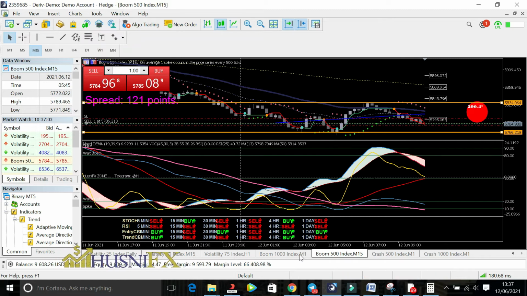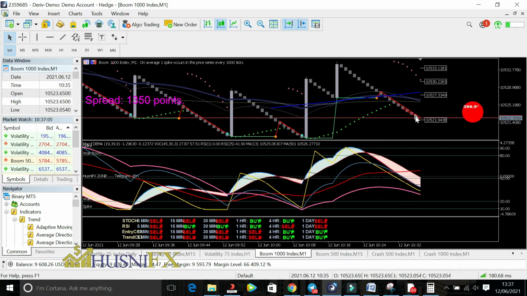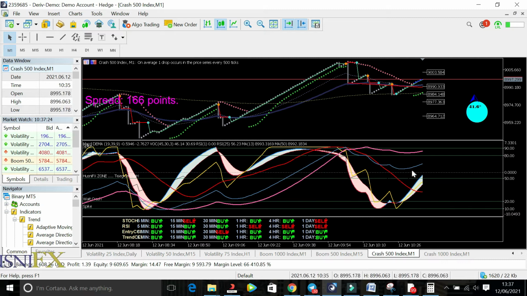So we have to always focus on this. You see that we already collected the profit here. If you think that you can collect more than that, it's really great, but I advise you not to be greedy against these spikes. So it was a good, nice move in here, but I think we had